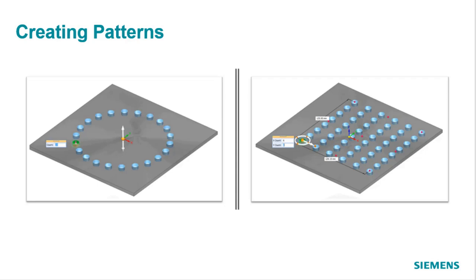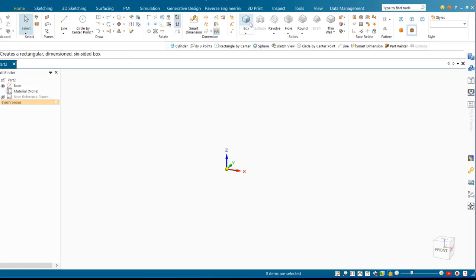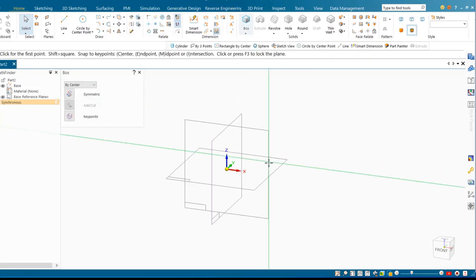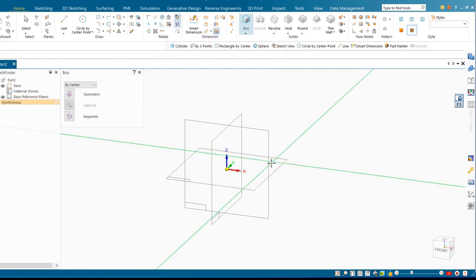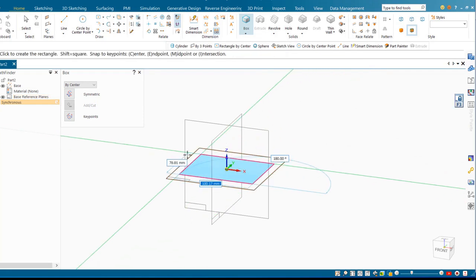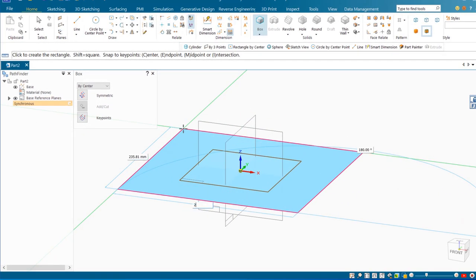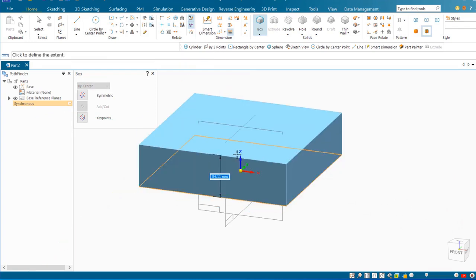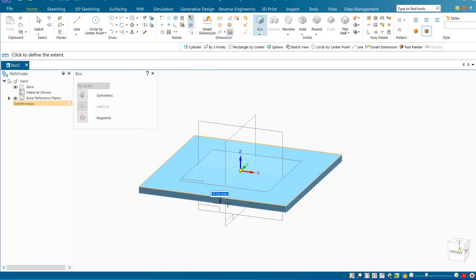So let's take a look at creating some simple patterns, starting with circular and rectangular. Come over to the box command, and just on this reference plane, I'm going to lock to the axis, 200, tab, 200, enter, enter. I'm just going to push that down, say 11,